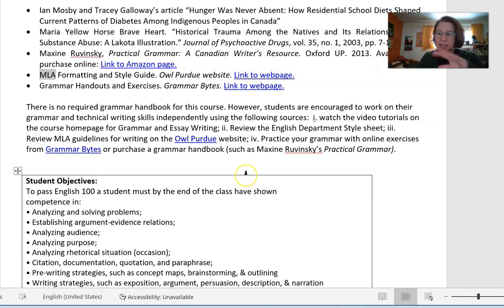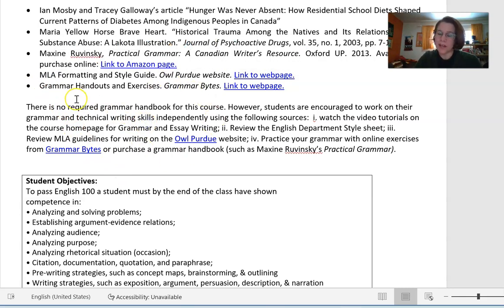When we cite something, I just mean when we put the author's attribution, their last name and page number, at the end of a quotation or at the end of our sentence to tell us where that information is coming from. It's MLA style that I'm talking about.